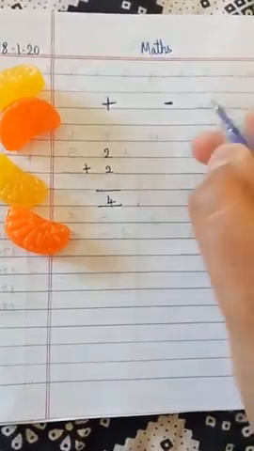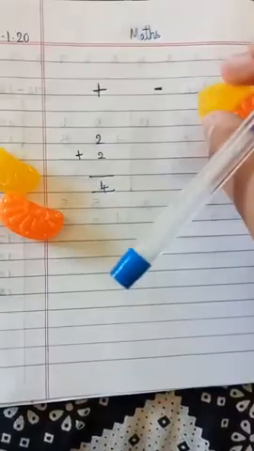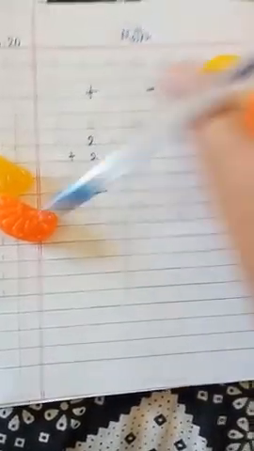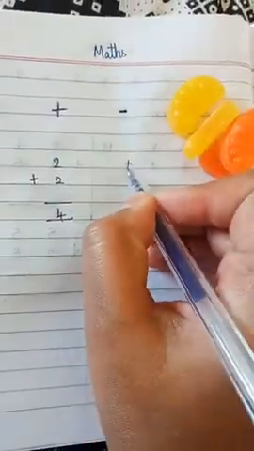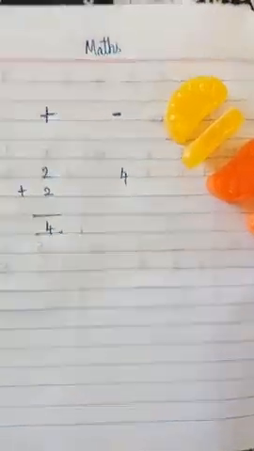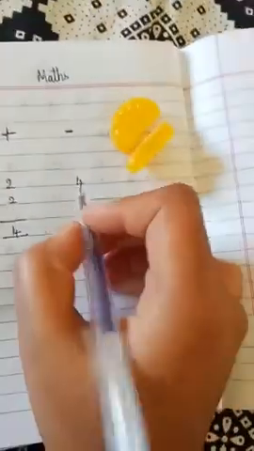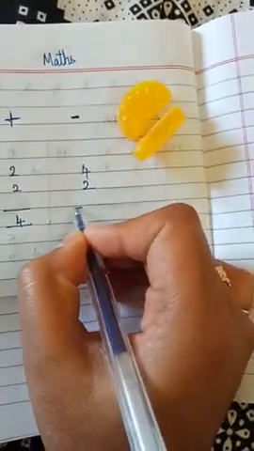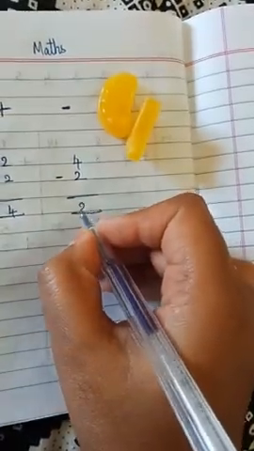Then for subtraction, now you are having 4 chocolates. In the 4 chocolates, your mother is asking, give 2 chocolates. So you are giving your mother 2 chocolates. Now this is subtraction. You gave your mother, so it is minus. You have 4 chocolates. Now how many chocolates are remaining? 4 minus 2 equal to 2.